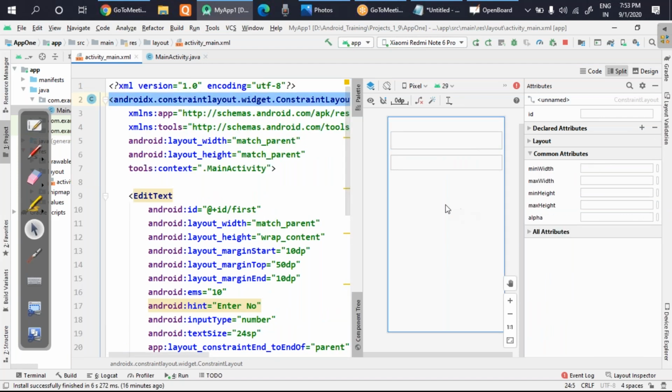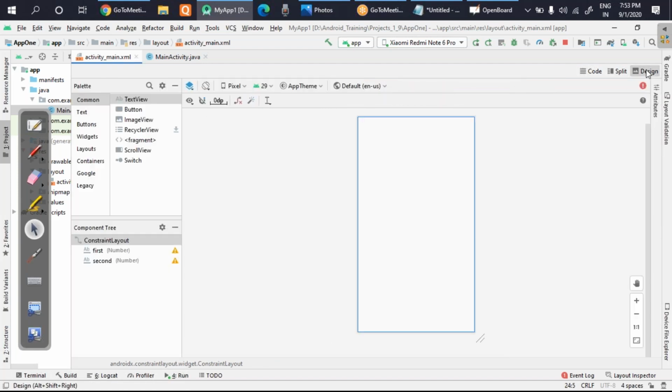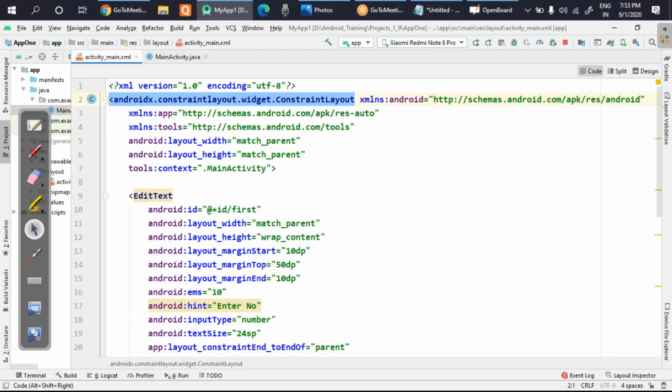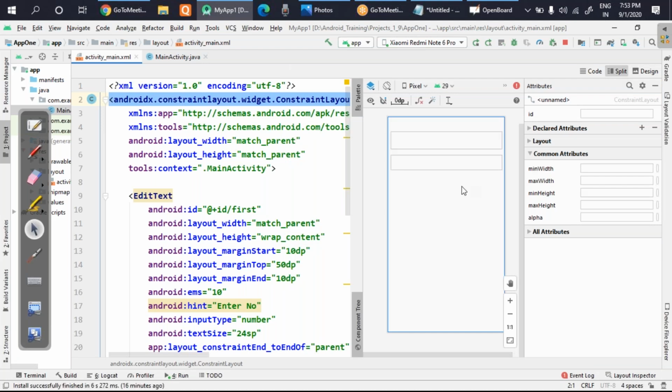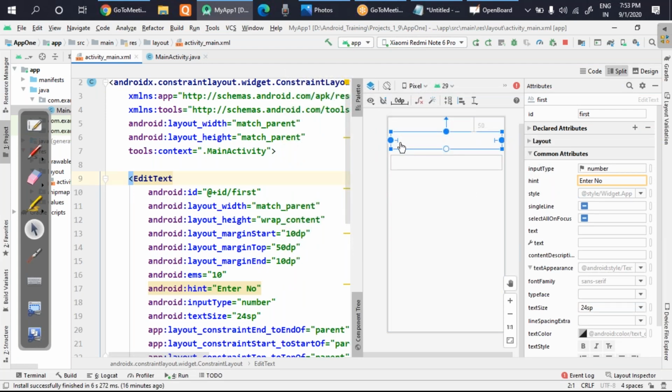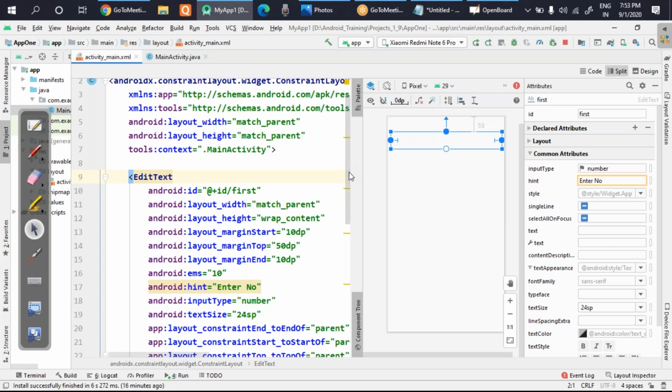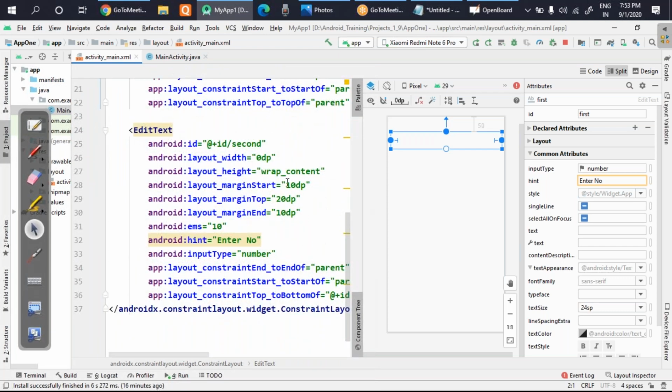Once you have set it in both of them, and if you move to the design part, something has happened. Let's see. Okay, it's present. The hint is present here, but it's not visible properly. We'll see later on. That is not our main concern. Our main concern is that whatever components we have to fix, let's first fix that. Even if you keep looking at the coding section, there should not be any red mark. If there are red marks, there will be issues. That you have to keep in mind.